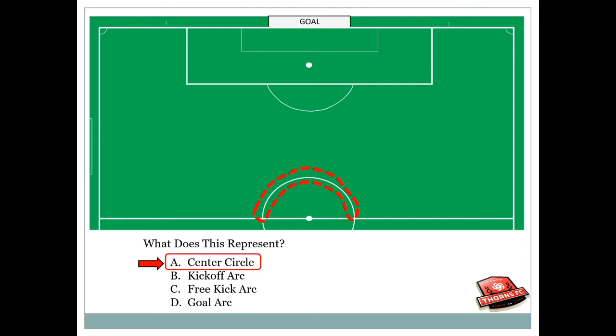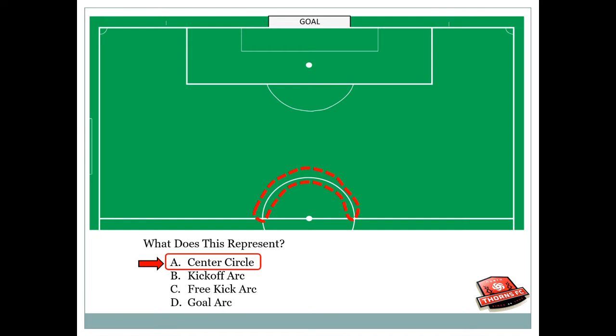This is called the center circle. Similar to the penalty arc, the center circle is meant to keep the defending team 10 yards from the ball on a kickoff. The defending team cannot enter the center circle until after the ball is first played by the